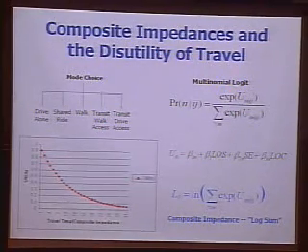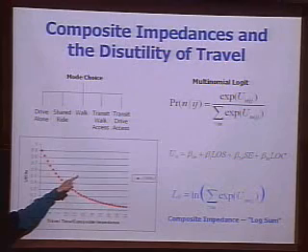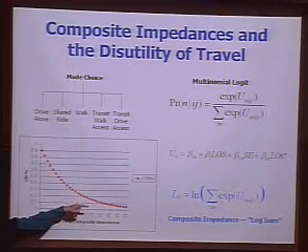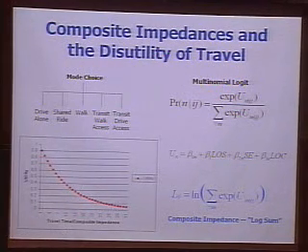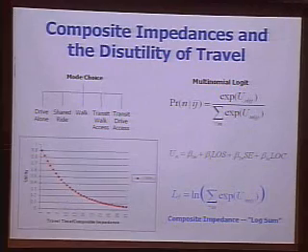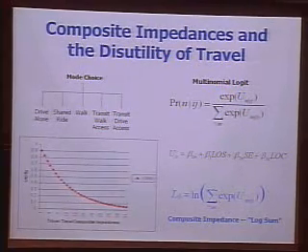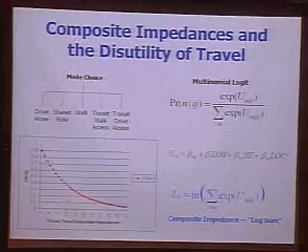And the way that's usually done is using this blue formula here, which is you just take the denominator of that top formula, and you take the log of that. We call that a log sum. And that becomes a composite impedance. And believe it or not, there's this guy, Daniel McFadden, who won a Nobel Prize for using these types of models. But it can be proved that this log sum composite impedance represents the maximum expected utility for that particular trip. And because it's the denominator of that equation, it's taking all of those modes into consideration simultaneously and weighting them.